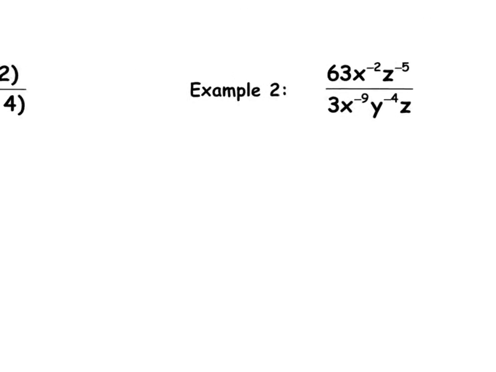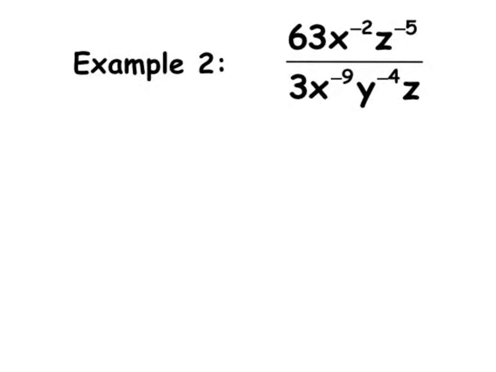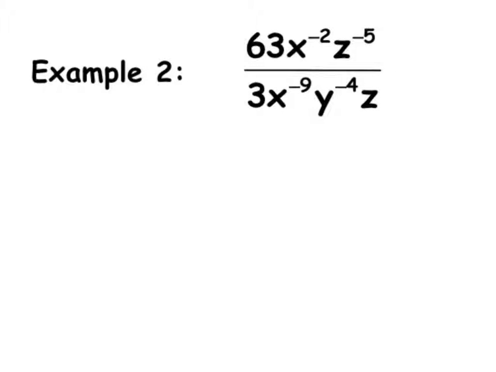Like everything we're going to see in this chapter, the directions are always going to be the same. We're going to see a rational expression like this, and we just want to simplify. That means cancel, get rid of as many things as possible. Before we do anything, we've got to take a look and see